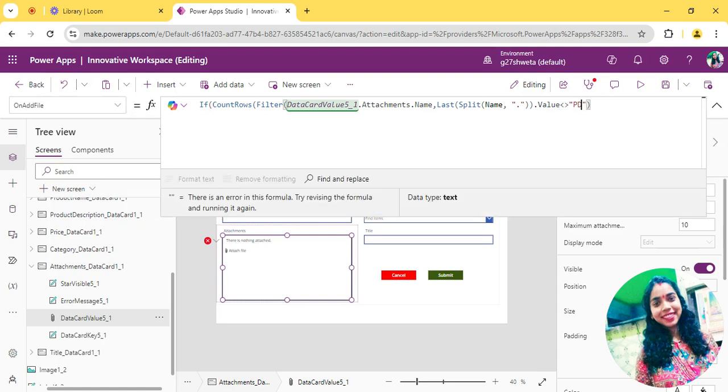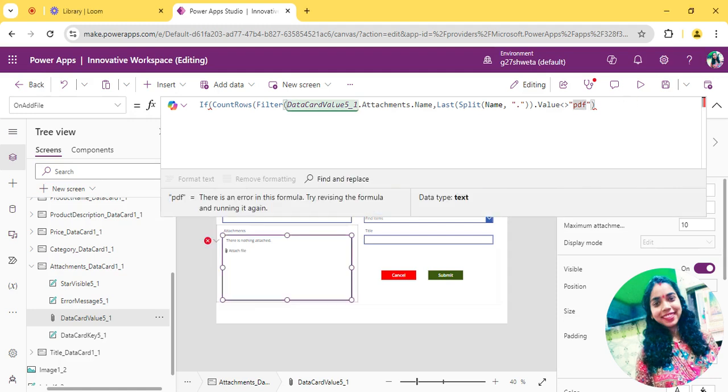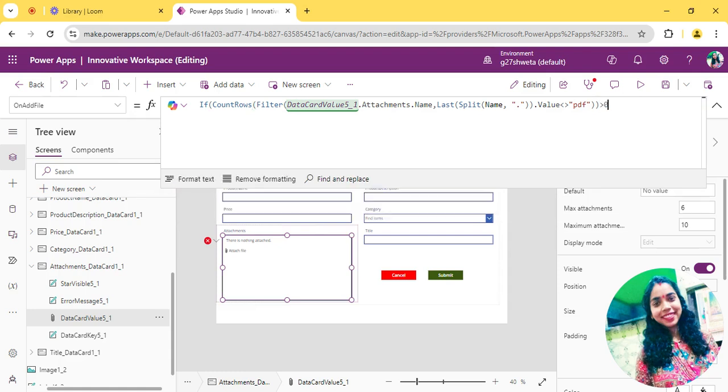If value is not equal to PDF, and here I am giving it 0.